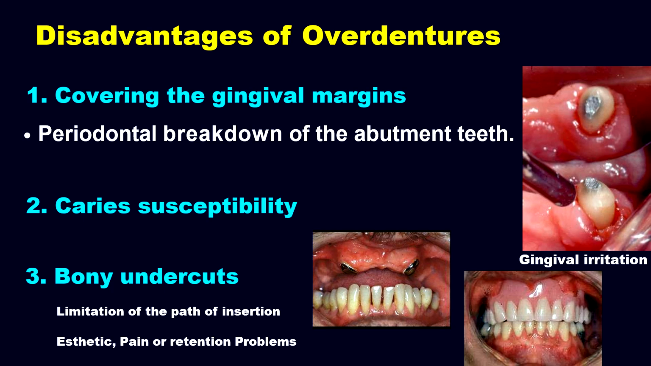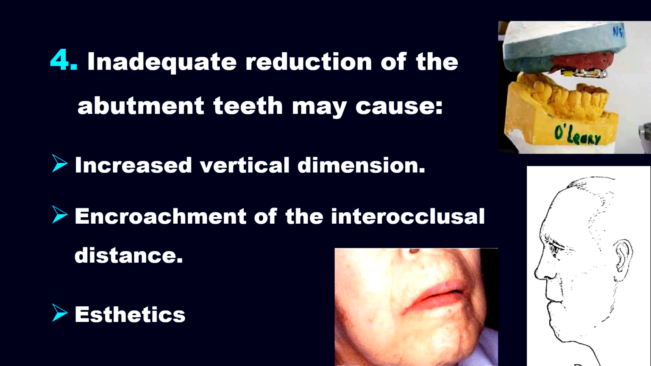Disadvantages: periodontal breakdown of the abutment tooth is possible over the long run, caries susceptibility if the denture is not maintained properly, and bony undercuts limit the path of insertion. Inadequate reduction of the abutment may cause increased vertical dimension, encroachment of the interocclusal distance, and poor aesthetics. As I said, the abutment height could be around 2 to 4 mm above the gingival line and not more